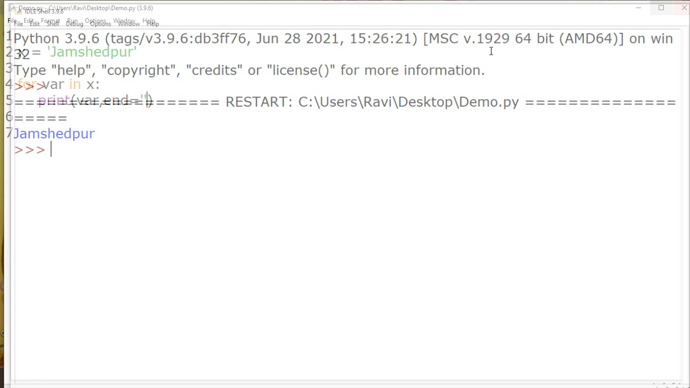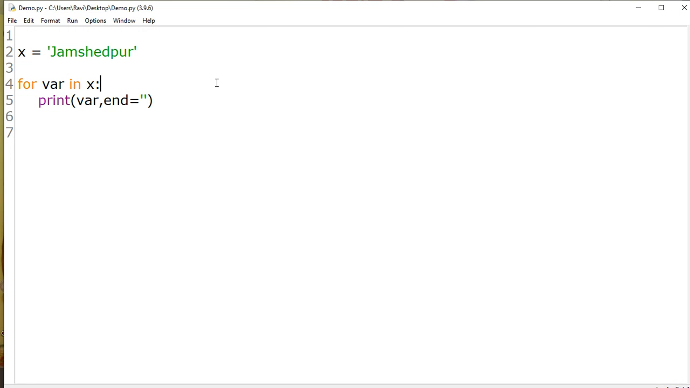Okay, this is what the for loop is. If you want, you can write this program. What heading can you give? You can give: Python program